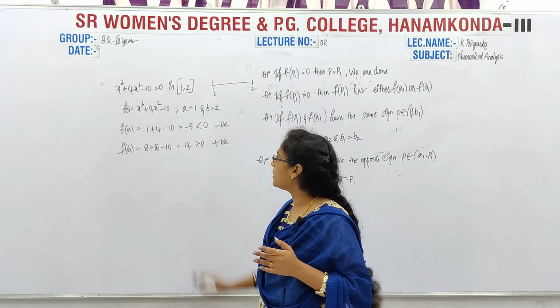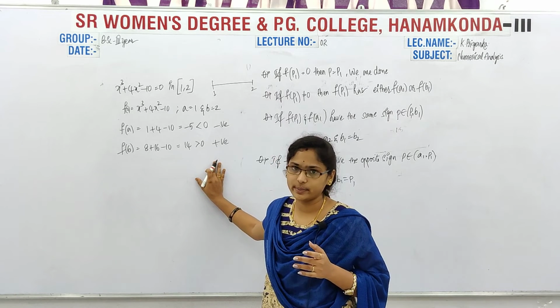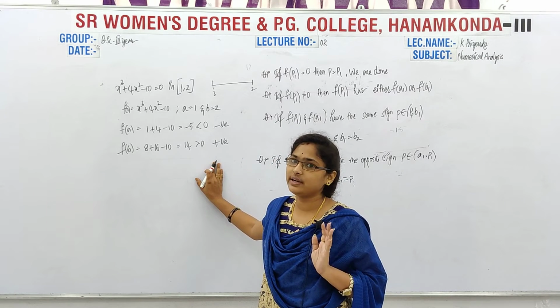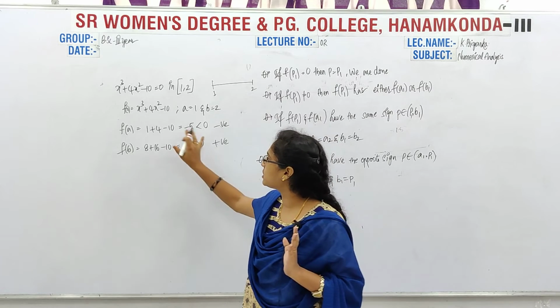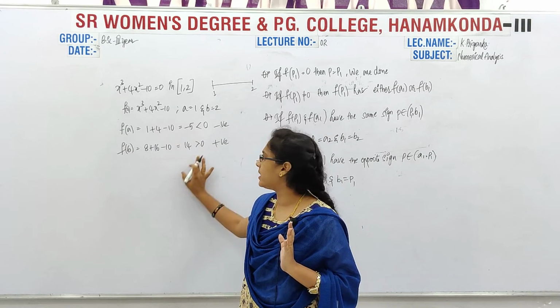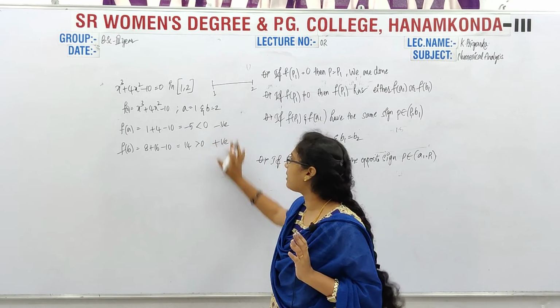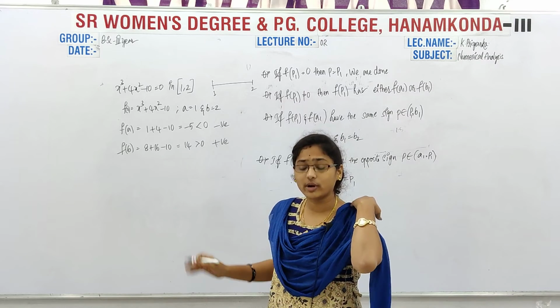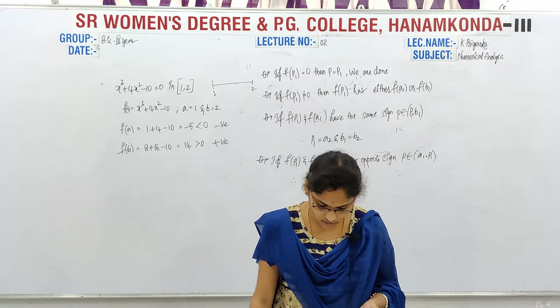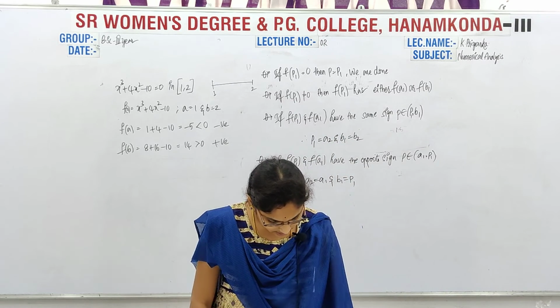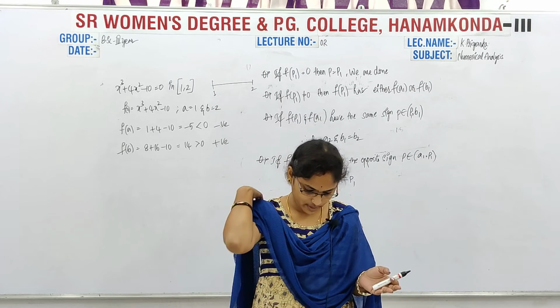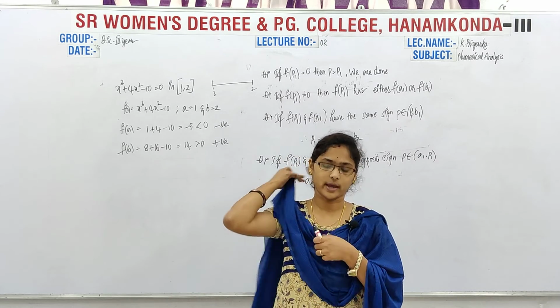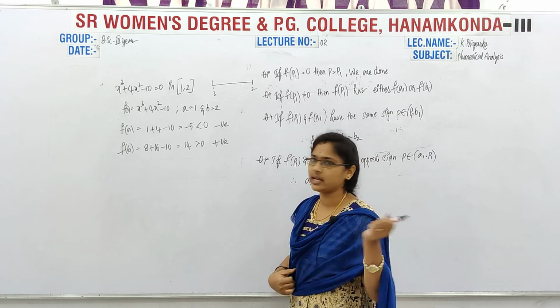Okay. So this is the first step to start the problem. Still, we haven't started the problem. I simply checked the sign of f of a and the sign of f of b, and here we have opposite signs. So what they said is that f of a and f of b should have opposite signs. Okay, then we have to go for the next step.